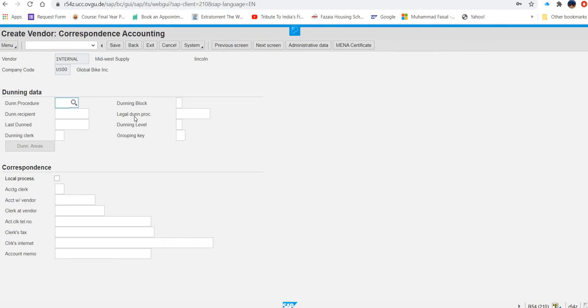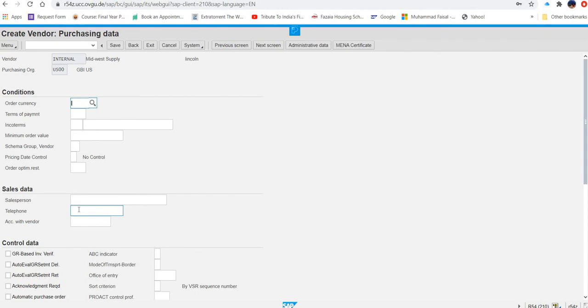In correspondence accounting, you have to put your name at the clerk. So where is the clerk? Clerk here. So I will type my name. Okay. Then you type yours. In the create vendor, then you have to press enter again.